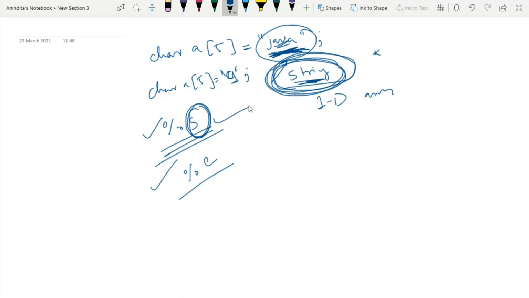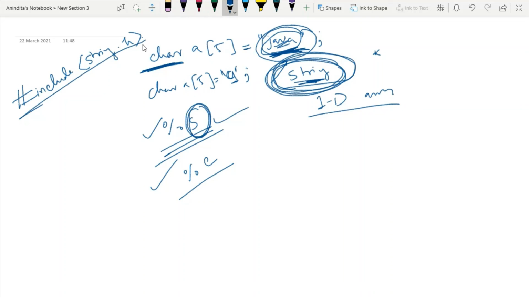So %s does not mean that our C language supports the string data type. No, the string data type is only supported in Java, and C only supports the character data type. By combining many characters together in a 1D array, we can form a string. And to deal with strings, sometimes we have to use a header file, that is #include string.h.